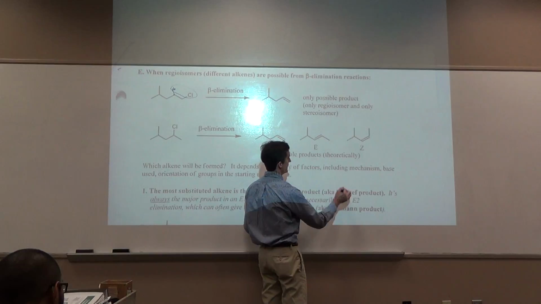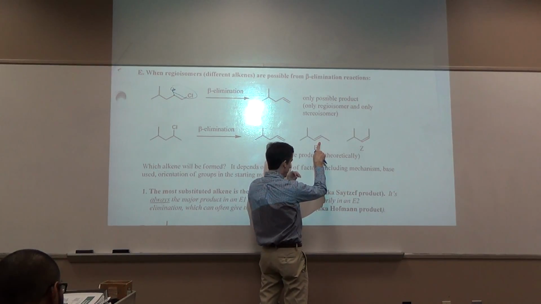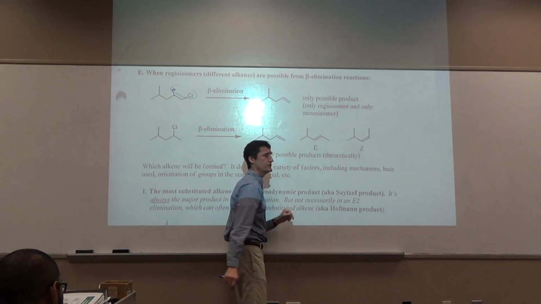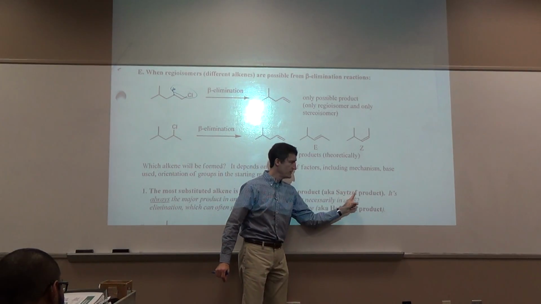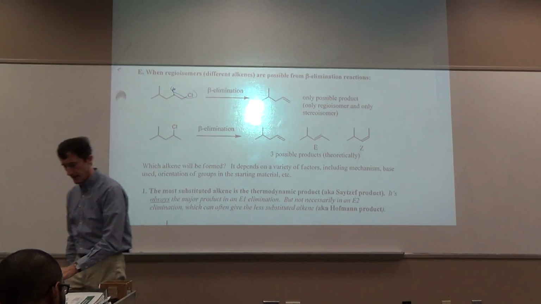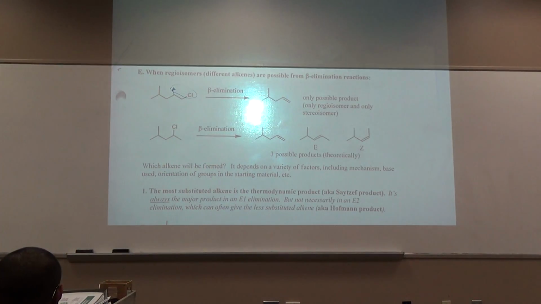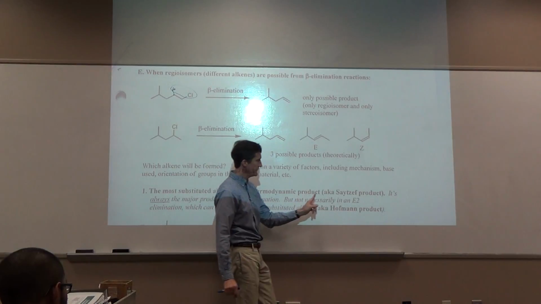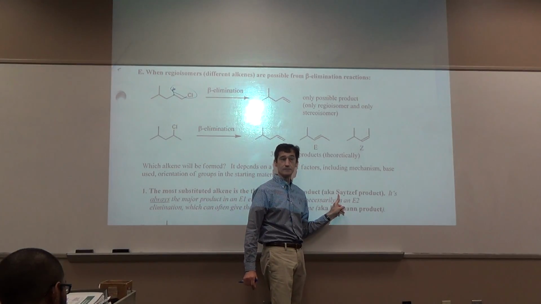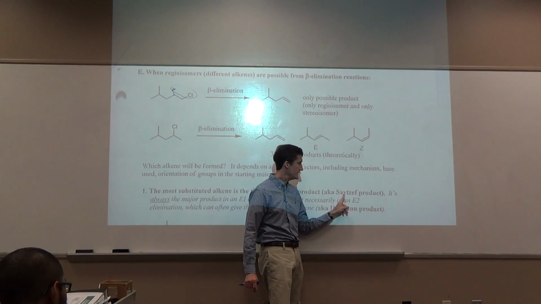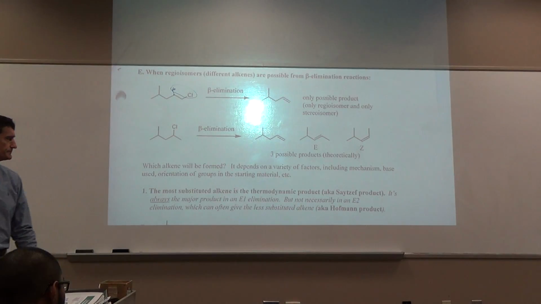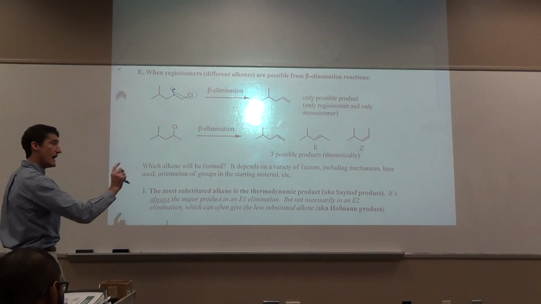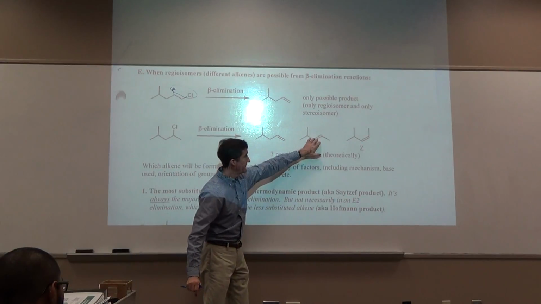Okay? So that's a Zaitsev product. Again, it does have a stereoisomer. Now, Zaitsev, nobody knows how to spell that. You'll see a variety of spellings. Some books or people even spell this with a Z at the beginning. I think it's Russian. I think it may be originally even a Z. I spelled it with an S, but you'll see different spellings. Okay? The Zaitsev product, that one in this case,